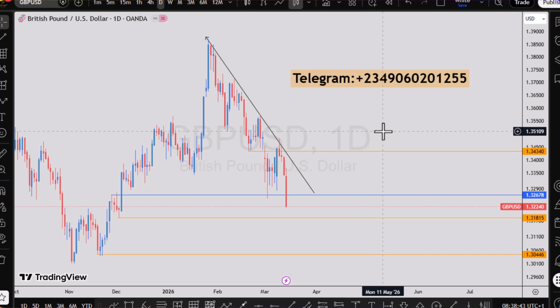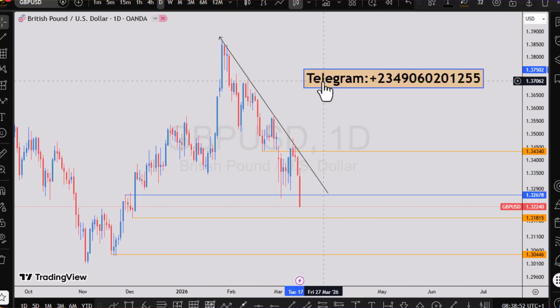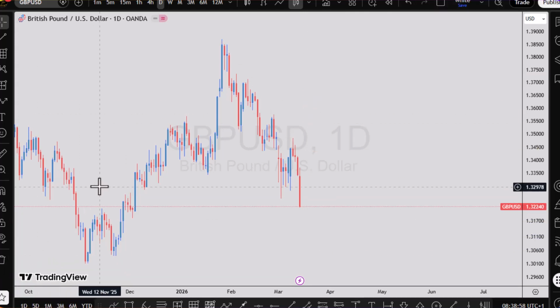Weekly forex forecast analysis for the 16th to 20th March 2026. So the first currency pair I have on my watch list is the British pound sterling paired against USD. I will show you my key levels so that you as well can compare that to yours or replicate it